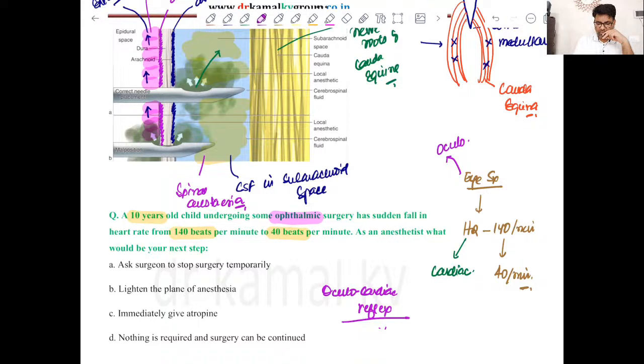And therefore what you need to do, just stop for some time, because this is actually a reflex process. So if you stop the surgery for some time, the patient will recover, right? So we need not do any intervention as such. It's just stop for some time and let this reflex be abolished by itself, right? So this is oculocardiac reflex, where if we are operating on a person, and if there is any pressure over the eyeball, that results in dropping of the heart rate, and this is because of activity of